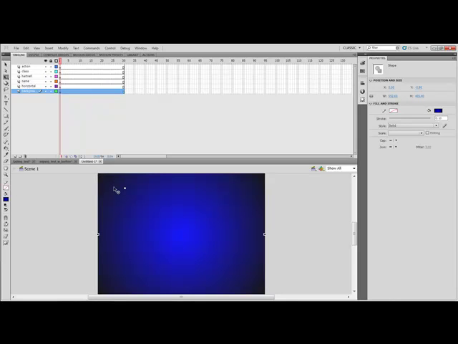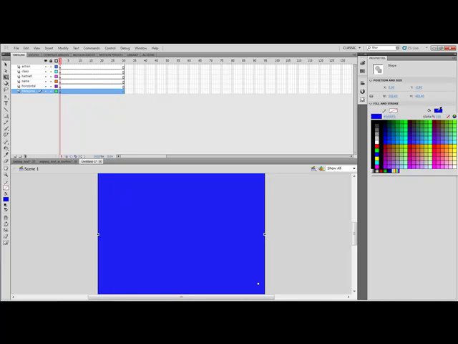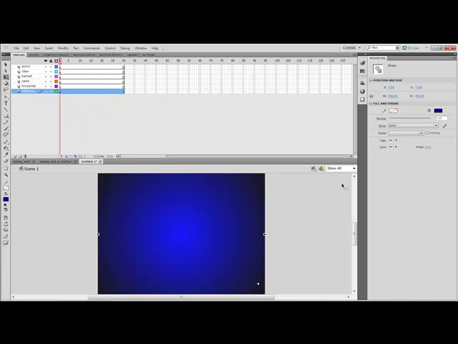But for right now, this is probably good enough. If we want to change the way the color comes in, we can even do that by changing how we lay this out using our free transform, but I'm not going to worry about it right now